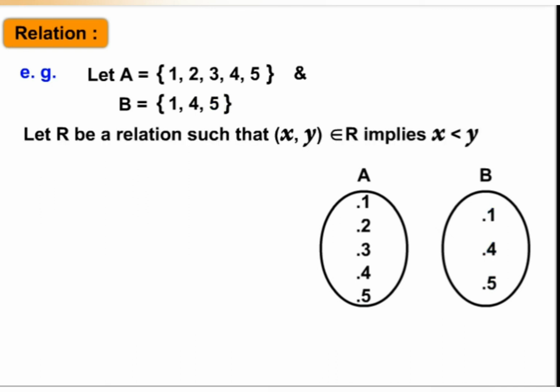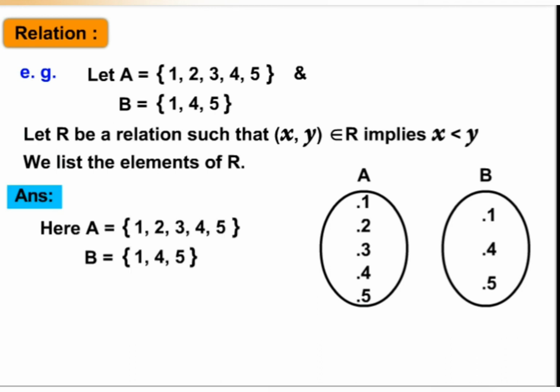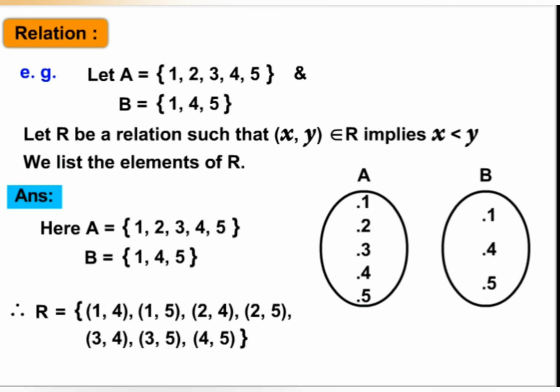Let R be a relation such that (x, y) belongs to R implies x is less than y. We list the elements of R. Answer. Therefore, R is the set containing (1, 4),